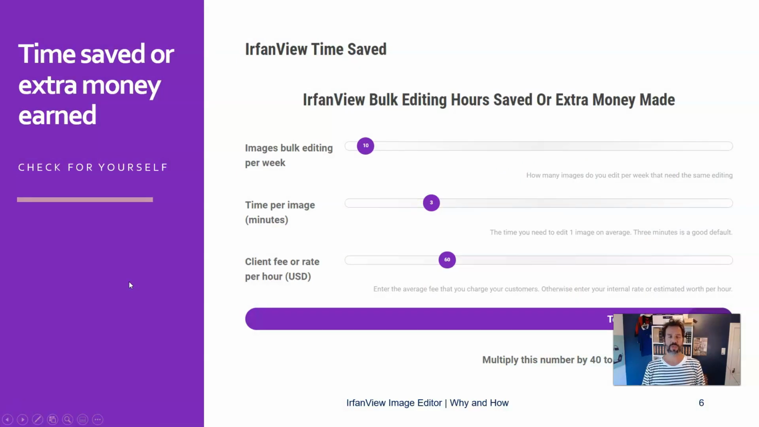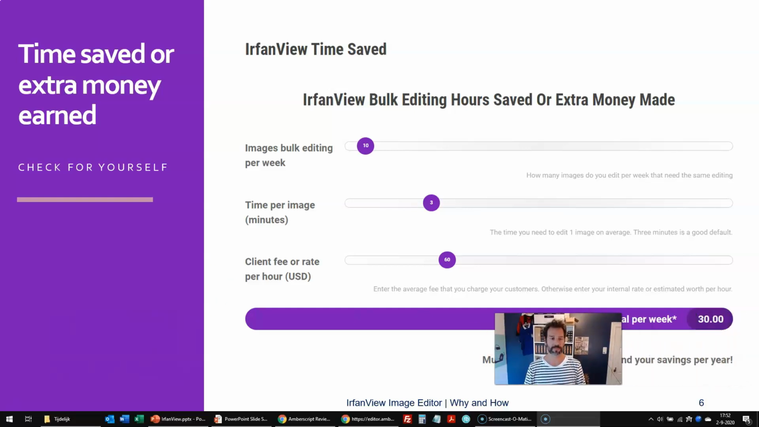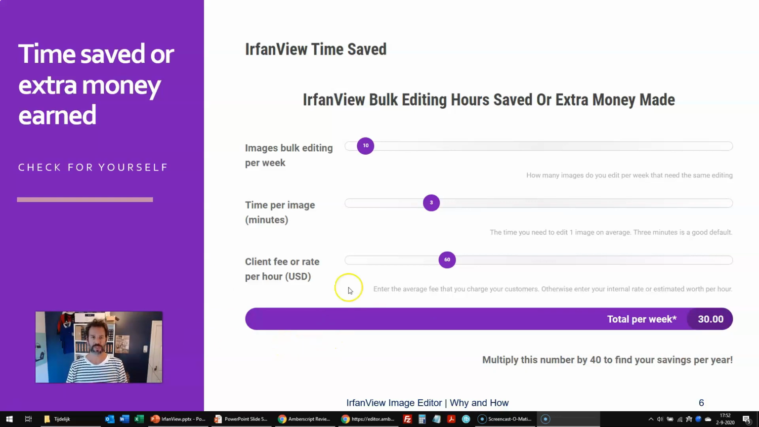So as usual, if applicable, we are going to see how much time or money we can save or earn extra if we use this tool. So in this specific case, I assume that you have a lot of images. And before we go into the tool itself, it has like 3 variables. The images that you would like to bulk edit per week, the time that you spend per image, and the fee that you could charge a client or that you would calculate for yourself as an internal rate. And this gives us a total per week, and multiplied by 40 work weeks in a year,